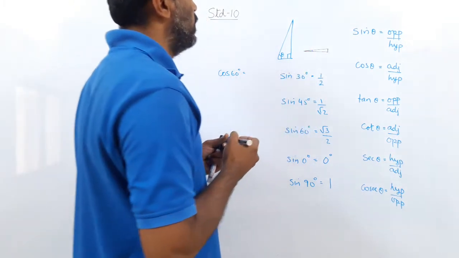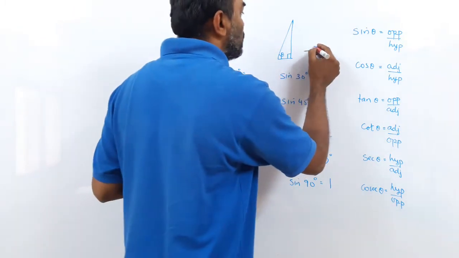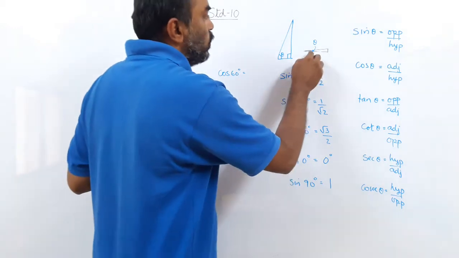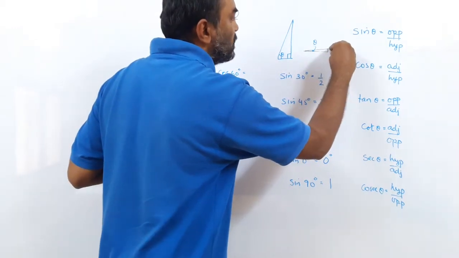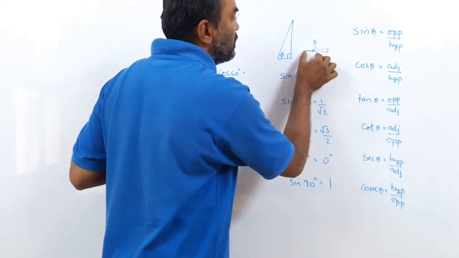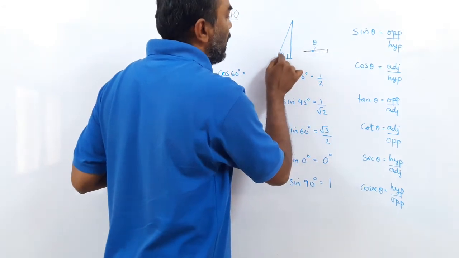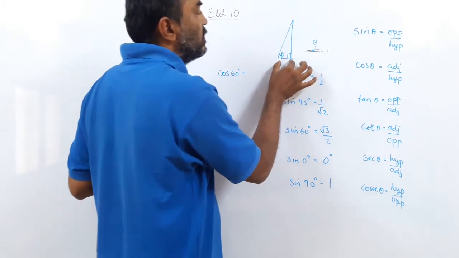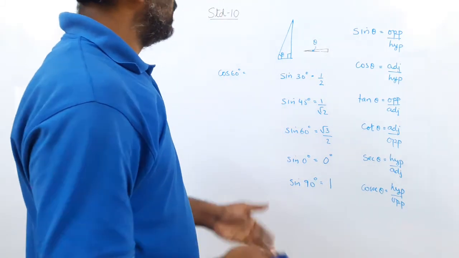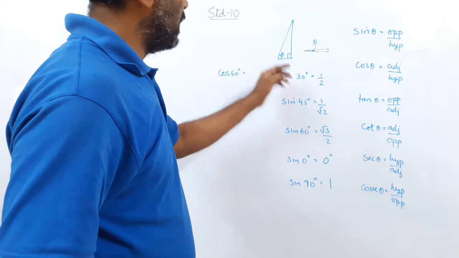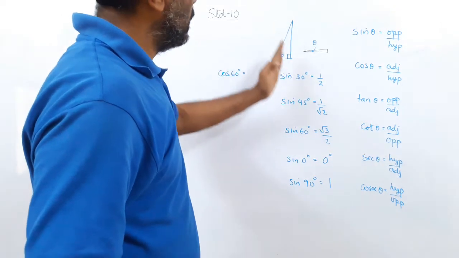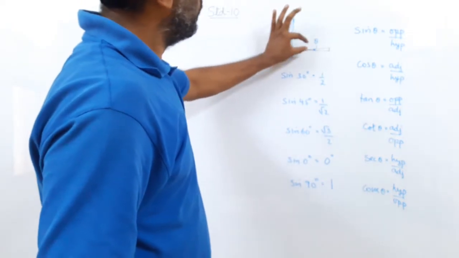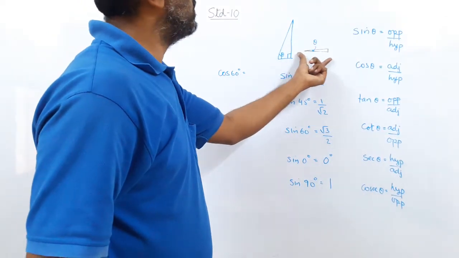And observe it well. See again, here also this is the angle theta. So when the angle decreases, the opposite side decreases, but the adjacent side increases. And when the angle increases, the opposite side increases, but the adjacent side decreases. So here, with the increase in the angle, for sine, which is opposite upon hypotenuse, the opposite side increases. With the decrease in the angle, the adjacent side increases.